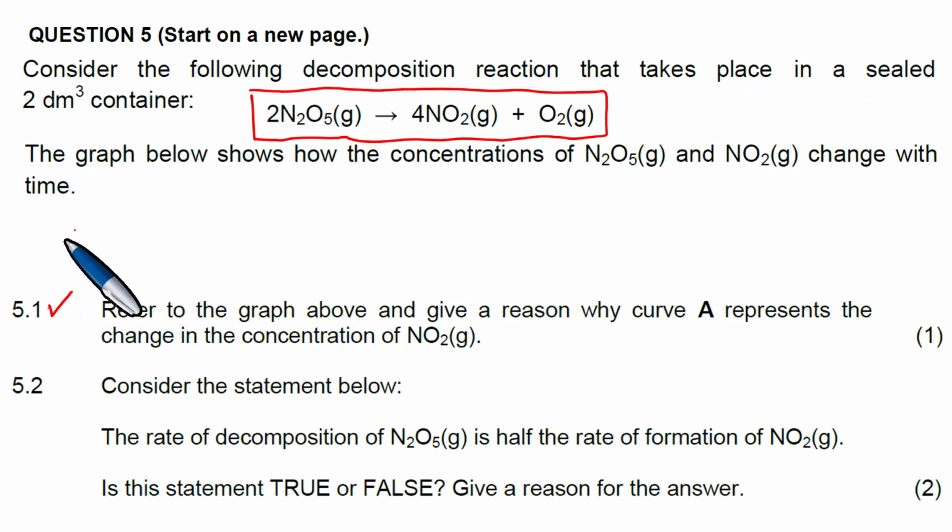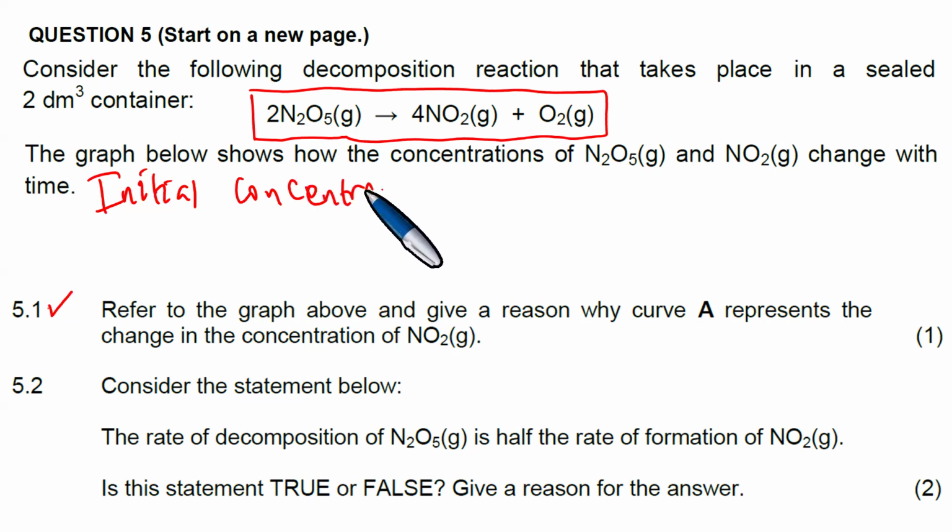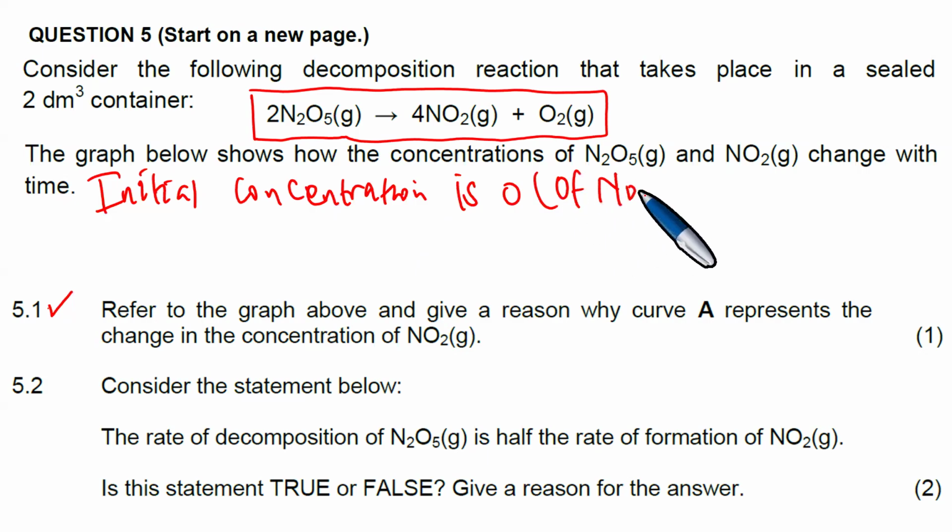And so the reason would therefore be that the initial concentration, like we've seen, the initial concentration is 0 of the NO2 gas, nitrogen dioxide gas. Alternatively, if you don't want to say this, you can say that the concentration